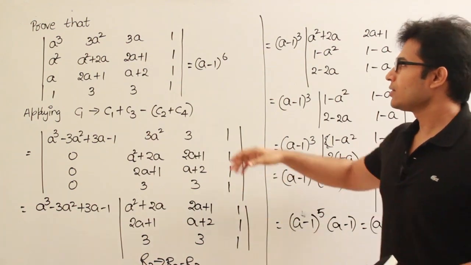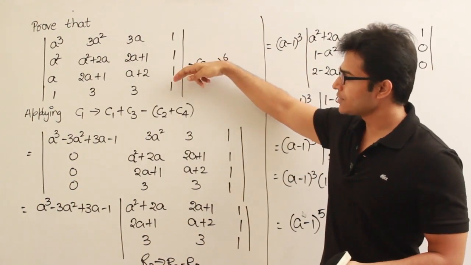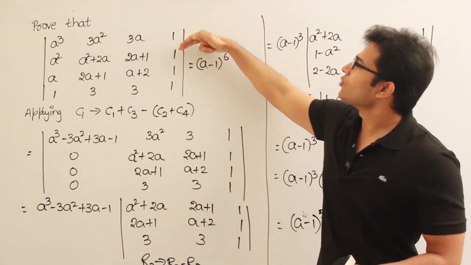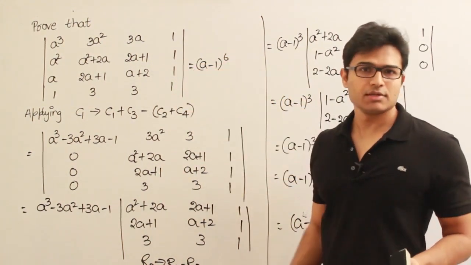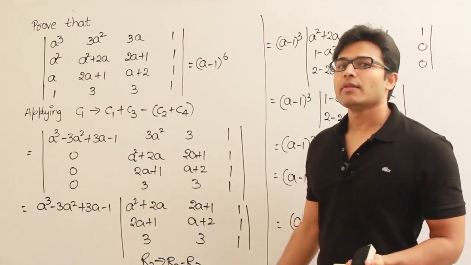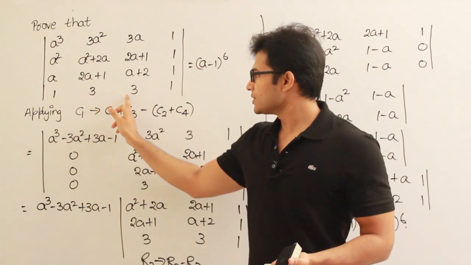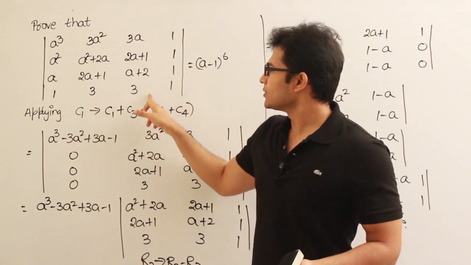So either you can use this entire row, this column which is having all ones, and you can keep on doing like this, r2 equal to r2 minus r1, and then subtract it from here, and from here. That is one method. You can make most of the elements 0 here, and then you can simplify it. Another simple method is, if you observe these three elements,